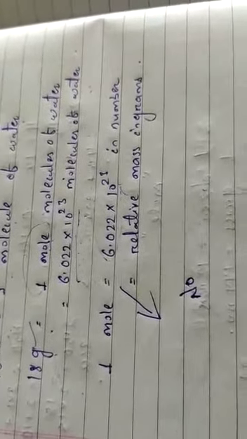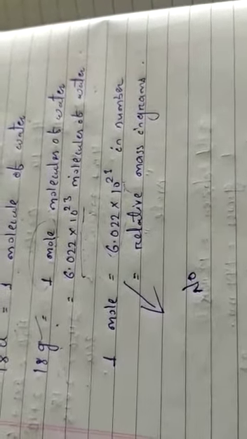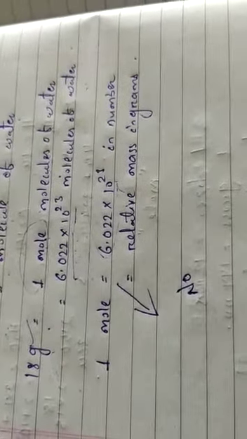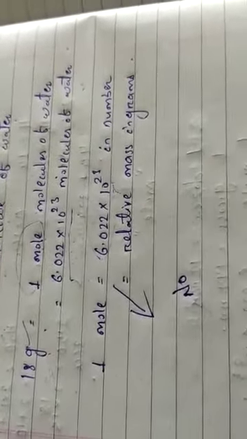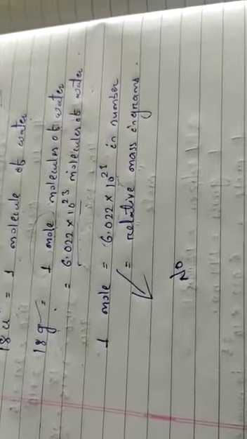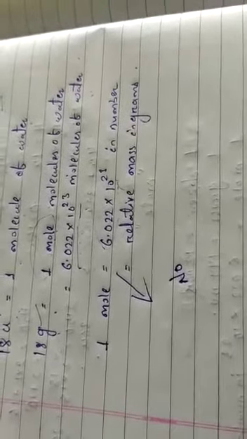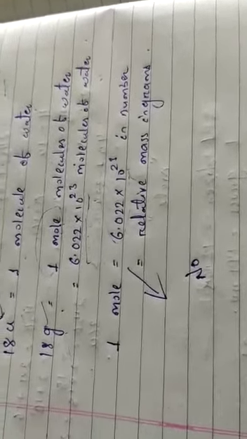So using these moles and the molecular mass and atomic mass, we will find out many examples, like calculating the number of moles from the masses, or moles from the number of particles. So we will discuss all the examples. Till then, you read this mole concept. In the next class we will discuss the examples, how to solve various problems using this.